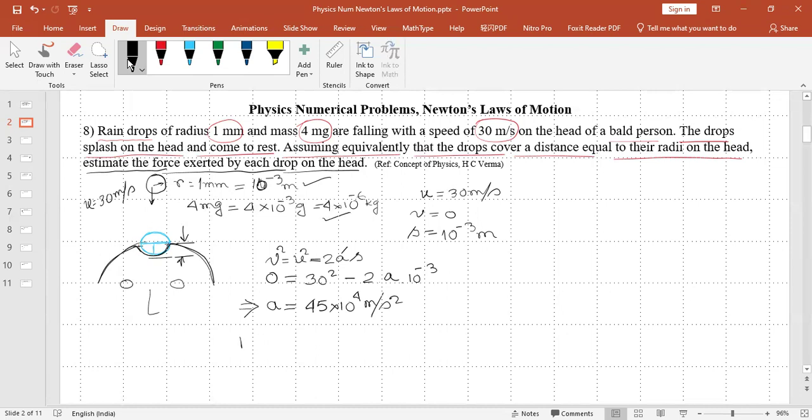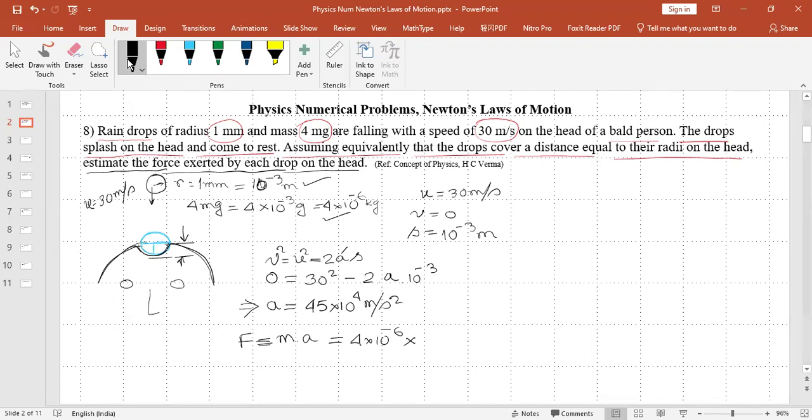So the retarding force exerted on the raindrop by the belt head is force equals mass into retardation, which is 4 multiplied by 10 to the power minus 6